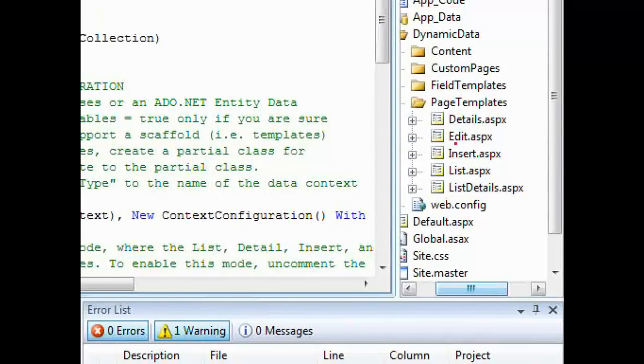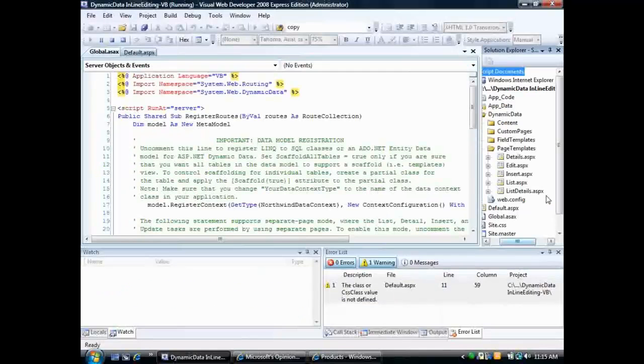notice that we have list, edit, insert, and details. So these are basically ASPX pages for each of the four actions that are defined, and the routing mechanism uses the dynamic template for action table name to map the action that we're executing into one of these files. But you'll notice that this fifth file, listdetails.aspx, is the one that we're going to use to enable inline